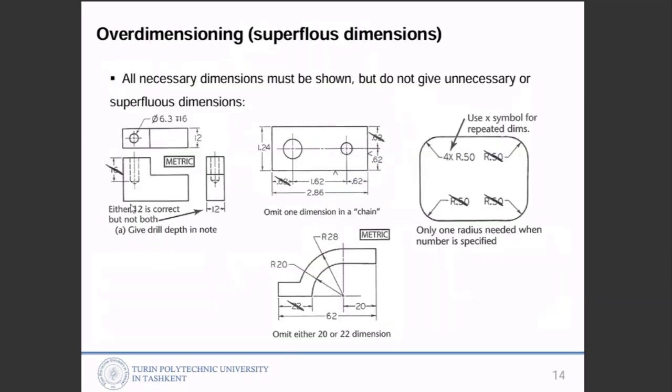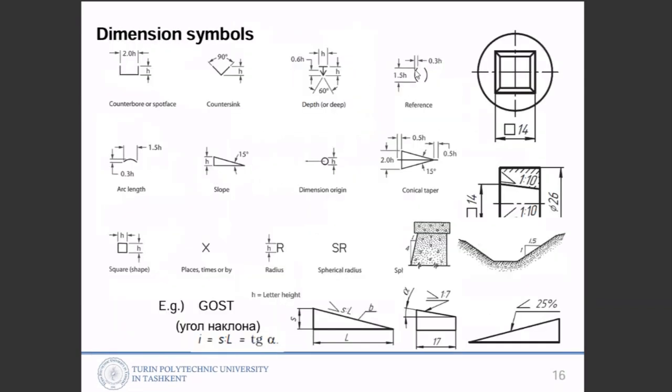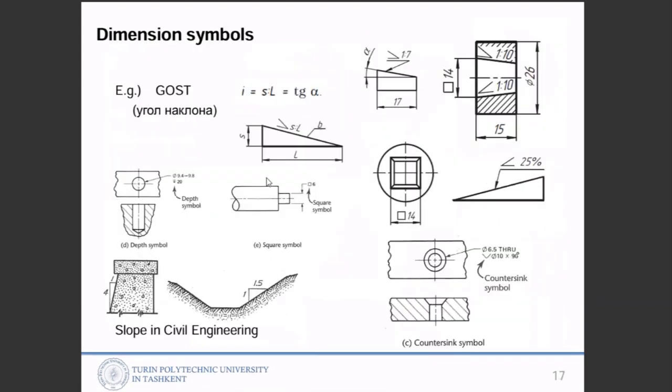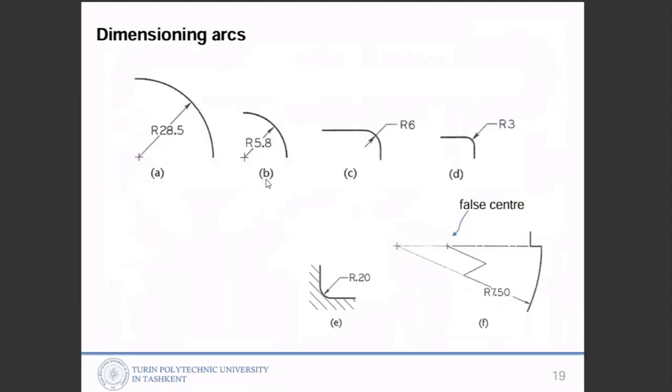Yeah, like here, 6.3 depths 16. That means this one. And arc length is this. If you have an arc,